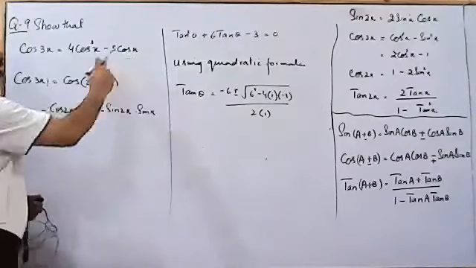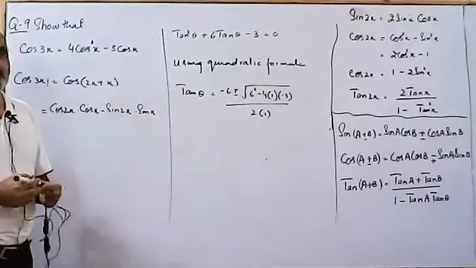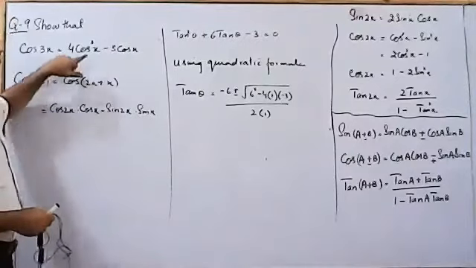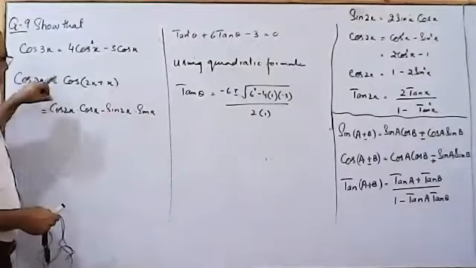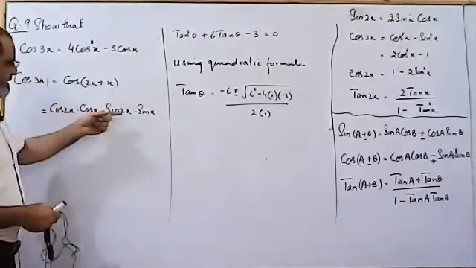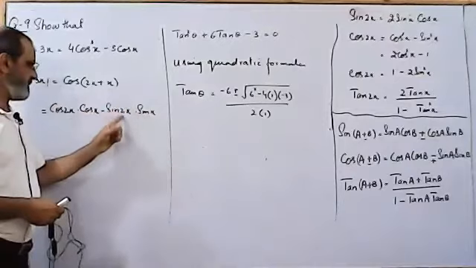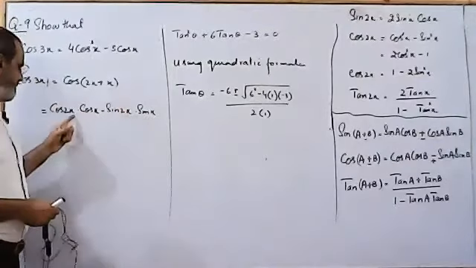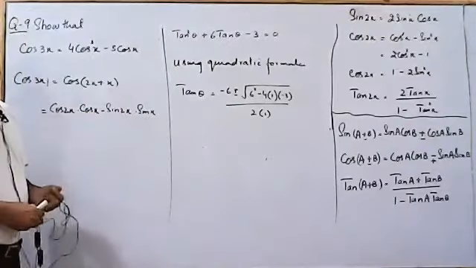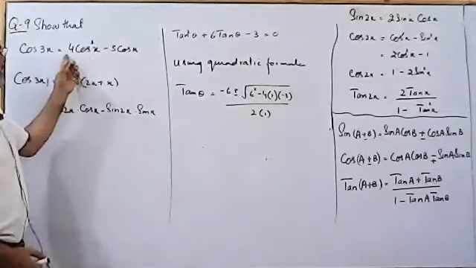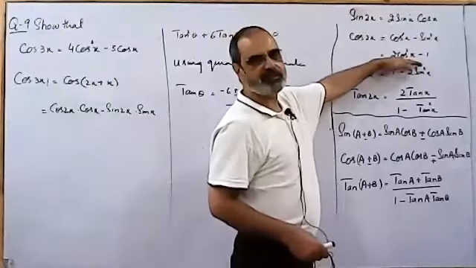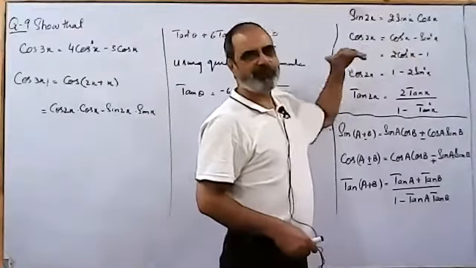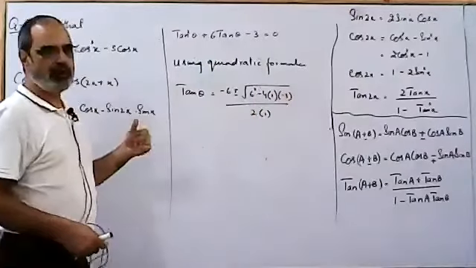Remember, your final expression has only cosines. There is no sine, and the angle is single x. Here I have triple x, then I have 2x, 2x. I have to change this 2x into single x. I have to change this 2x into single x as well. But keep in mind, your final expression is in terms of cos. So for the identity for cos 2x, I will use the second identity, that is in terms of cos. So here we have to be careful which identity we are going to use.